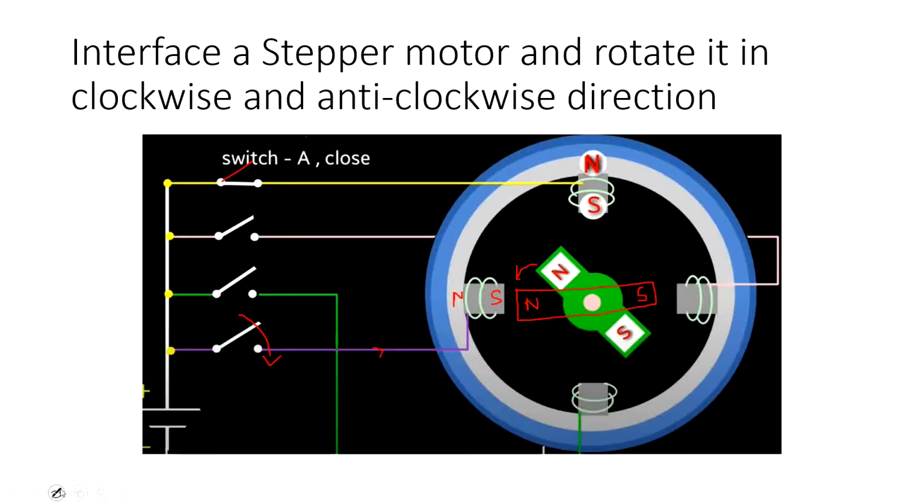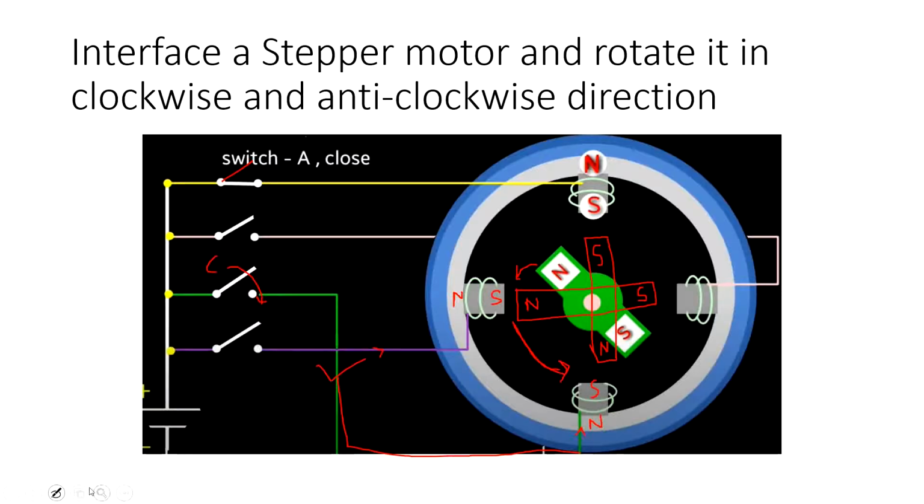Okay. Now after D, I will energize C. If I close the switch, the current starts flowing like this, and anyway this is connected to over here. Now this becomes your north direction and this becomes south direction. So this north gets attracted by this, and that's why the pole becomes something like this. This becomes south and this becomes north. So now you can find out that the rotation is opposite.